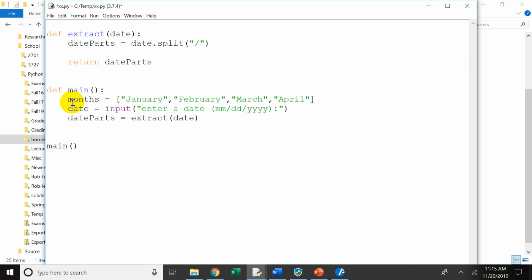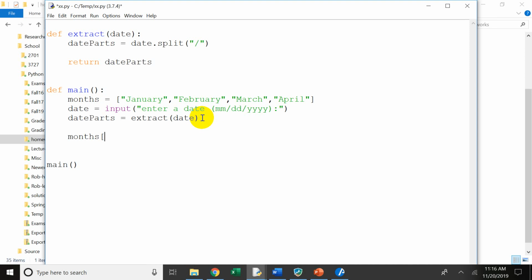I'll type these 4, but I could have typed them all in. So if I had this list of months, then if I take the month they typed in and convert that into an integer, I can then use that as an index into the months list, right? So if this was 1, then the month would simply be months, bracket,